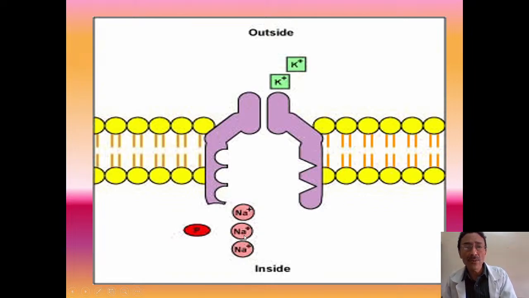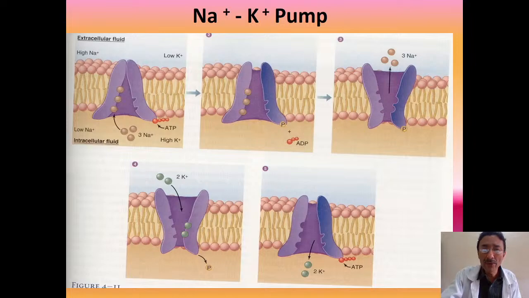So whenever three sodium ions come and bind on these three active sites, the ATPase enzyme will get activated. Activation of this ATPase enzyme will cause phosphorylation. This binding will cause a conformational change. Because of the conformational change, these three sodium ions will go outside and potassium will come inside. As a result, two things will happen. The concentration of sodium ions and potassium ions in the ECF and the ICF will be maintained in equilibrium, or homeostasis will be maintained. Secondly, the electronegativity which was disturbed, the restoration of the ionic potentials, will be brought back to normal.